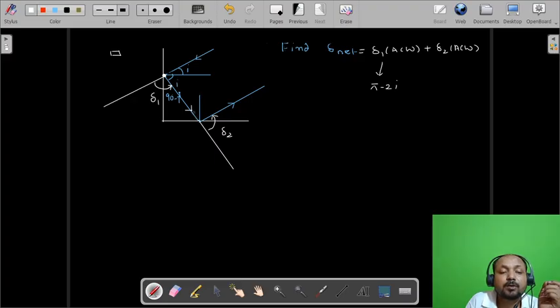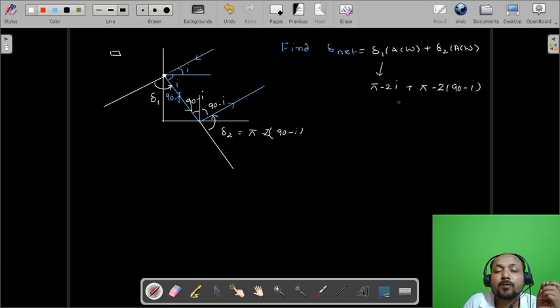This is I, so this will be equal to 90 minus I. This will also be 90 minus I. So this comes out as pi minus 2 into 90 minus I, plus pi minus 2 into 90 minus I. After calculating, the del net can be given as